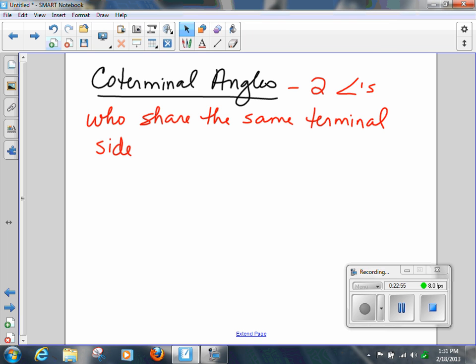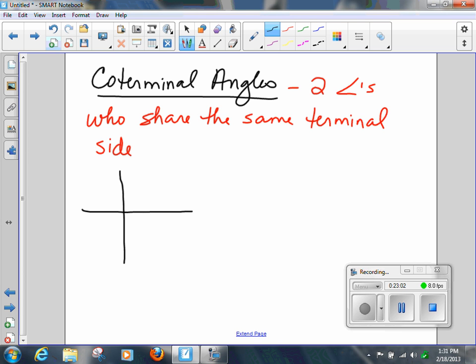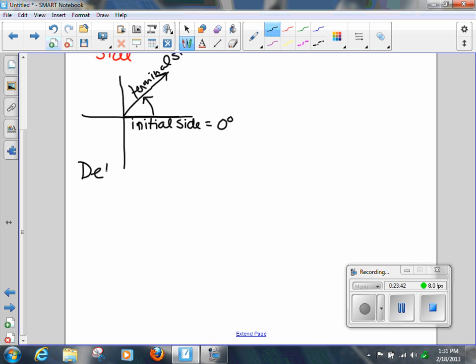Angles have an initial side, which is where? Where's the initial side of every angle on the unit circle? It is 0 degrees. The initial side of every angle we graph thus far has been at 0 degrees. Where we graph it, where it stops, is the terminal side. And it doesn't matter whether it's positive or negative, wherever it stops, that's the terminal side. Now, if you had to determine whether two angles are coterminal,